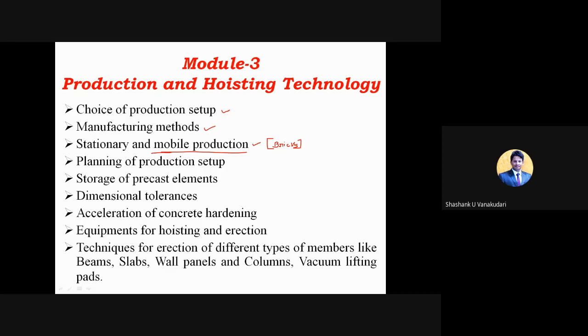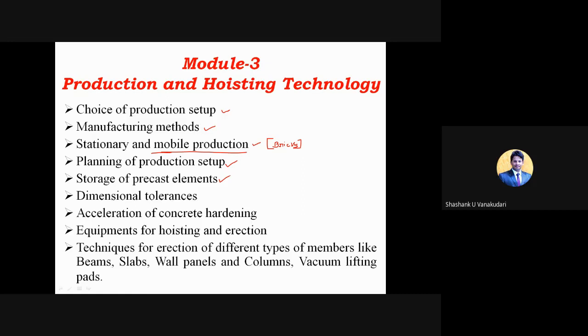And planning of this production setup, what all we need to consider, the general considerations before this production setup. And then storage of precast elements, the major thing we need to concentrate more on, because once you manufacture them, you need to store them in a better manner such that they should not get cracked or cut in between the elements because of exterior loads.